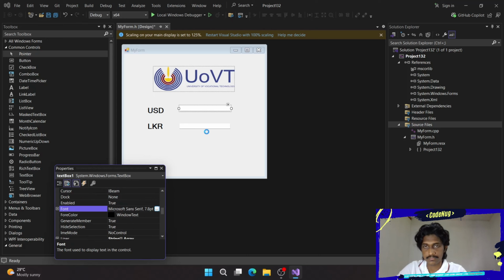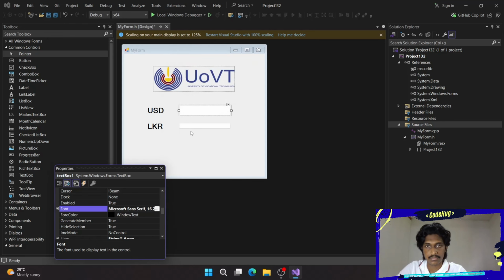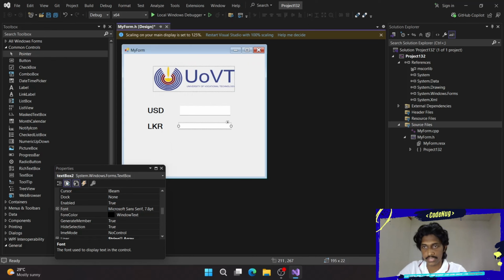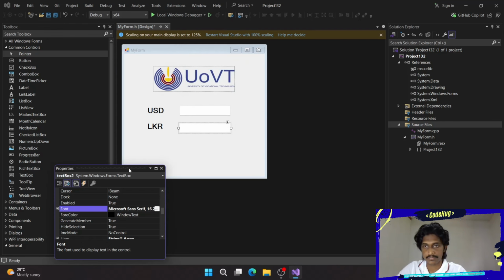change the font bold and size 16. Okay, and text box 2 also. You can see text box 2 here. I change the font style bold and size 16. Okay, the